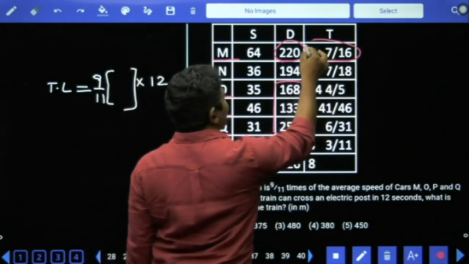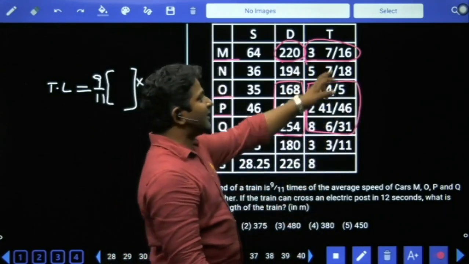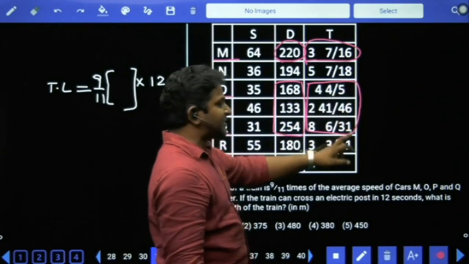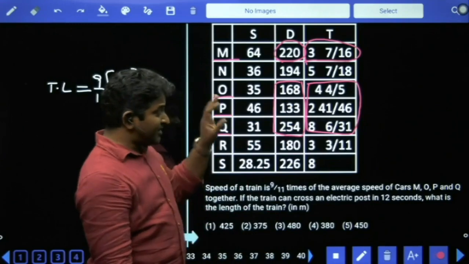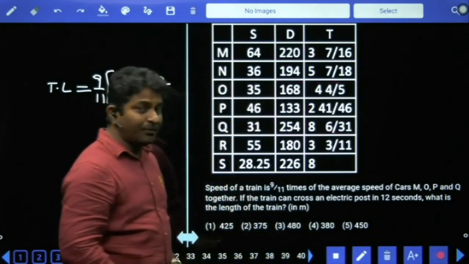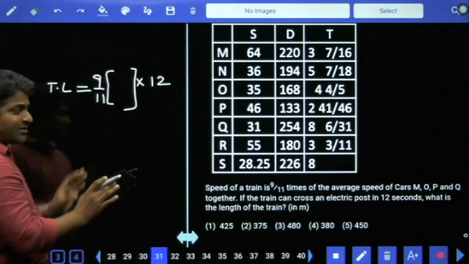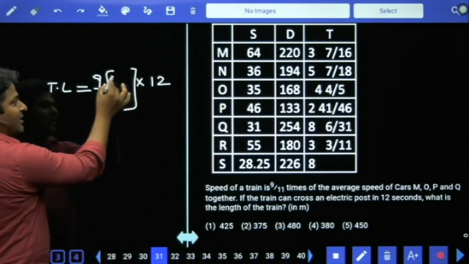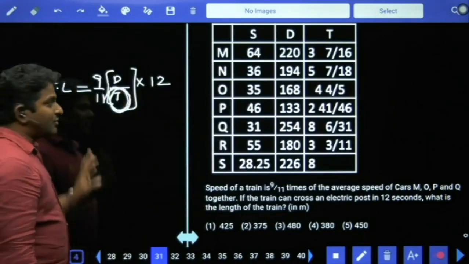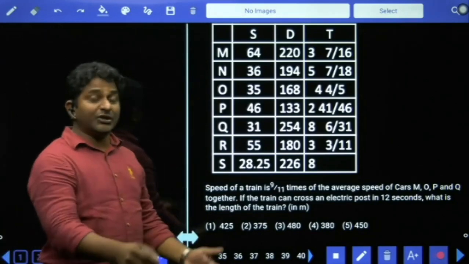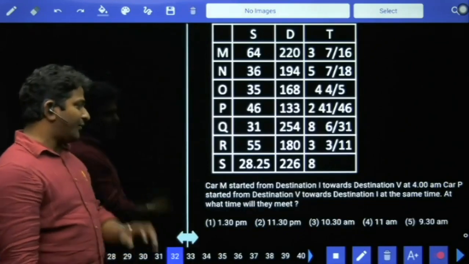Here is the problem. You have to add all the values where denominators are 16, 5, 46, 31. To calculate that value takes a lot of time. So if the same question comes in my examination, I would skip only this question, because definitely we can answer the question: speed into time. Speed is total distance covered by total time taken. Here it is taking a lot of time. So the entire question may take 2 to 3 minutes to solve and get the answer. So I will skip the question and go for the next one.